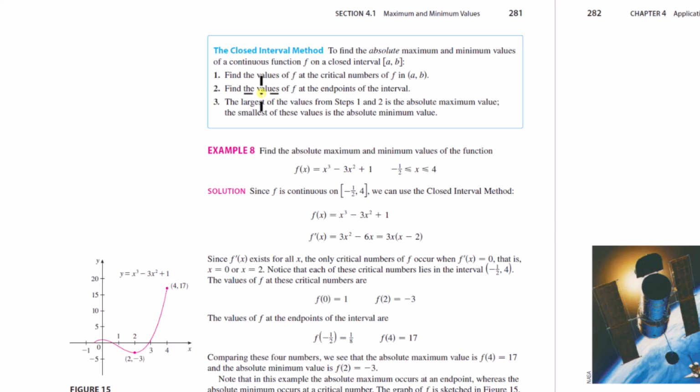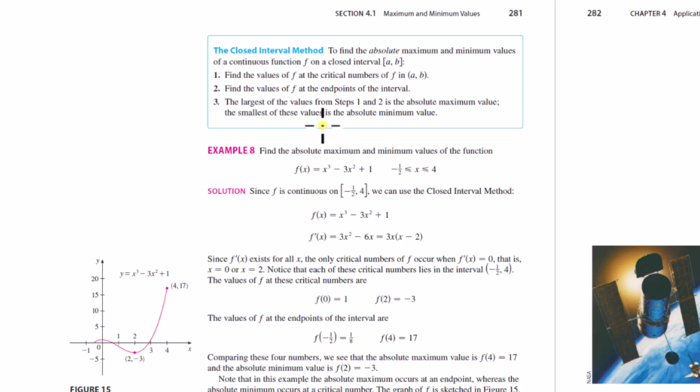What do? Find the critical numbers on that interval, and then also write down the values of f at the endpoints, because it's a closed interval, right? The endpoints are included. The largest values from steps 1 and 2, that's the absolute maximum value, and the smallest value is the absolute